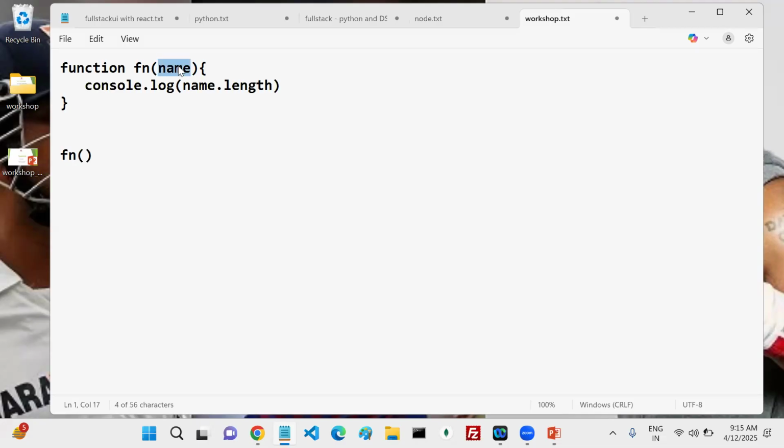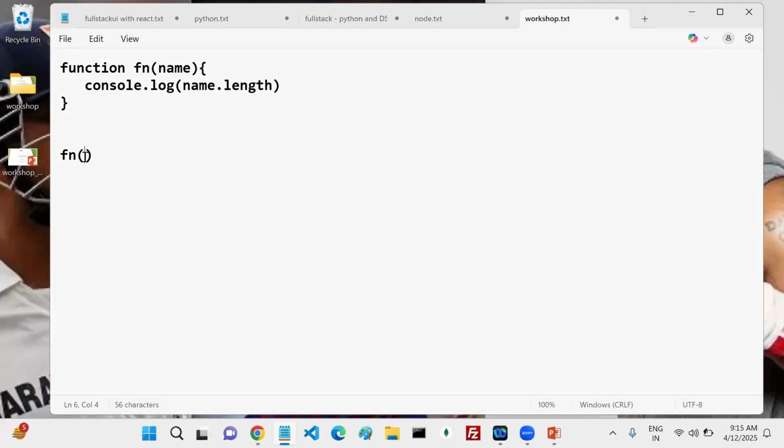This particular value type should be what? Based on this particular operation, the type is like what? Come on, what is the type? Array. Either string or array, most of the time, right? But the value is there now. Name, this is the identifier name. By seeing this, I can understand it's a string.